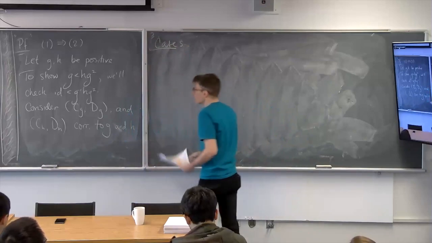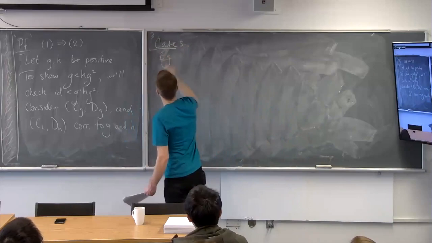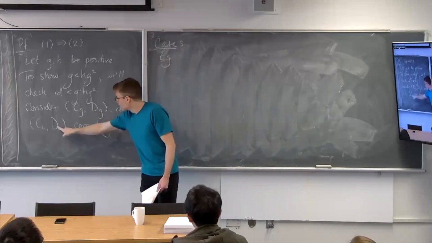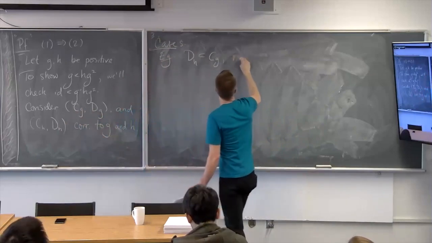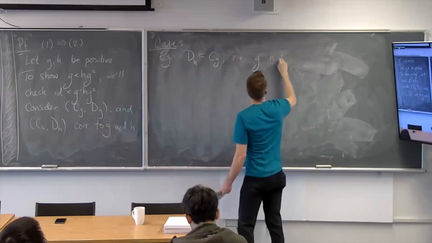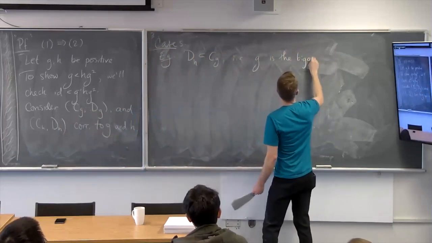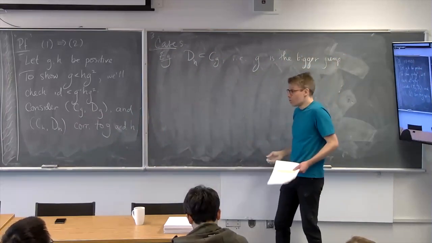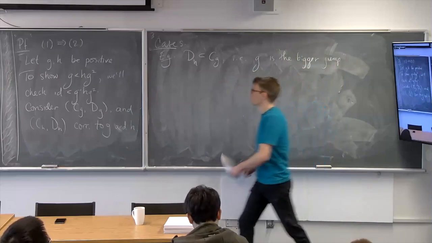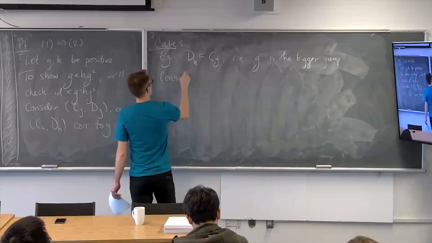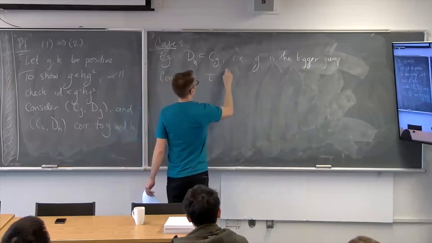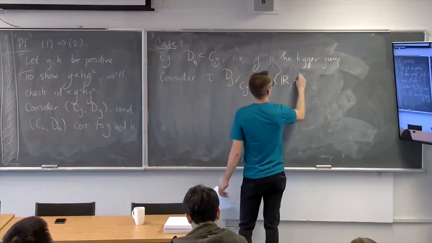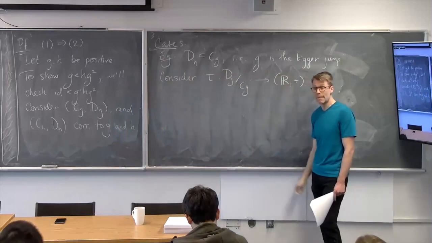Let's do one. For example, let's say that this jump is the bigger jump, meaning that DH is contained in CG, i.e. G is the bigger jump. I don't know how else to say it colloquially. So then what we want to do is just look at the Conrad homomorphism corresponding to G. Consider tau from EG, CG to R plus. This is order preserving. Now I want to plug in